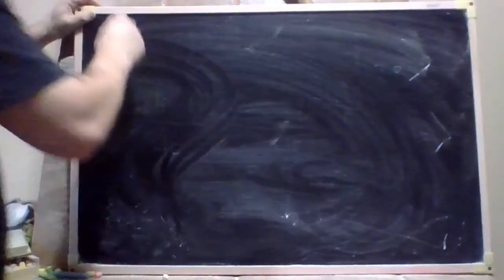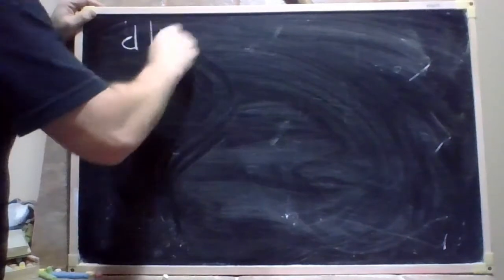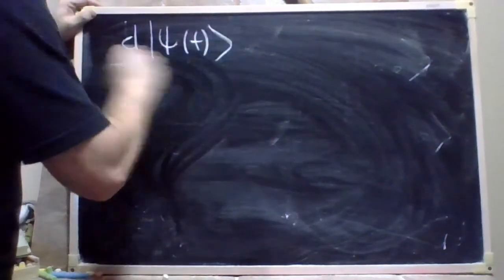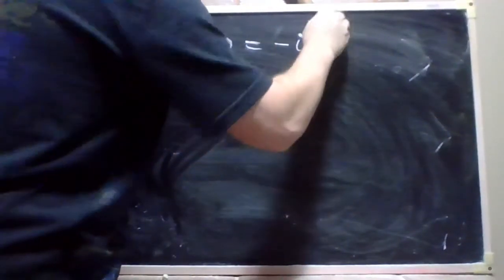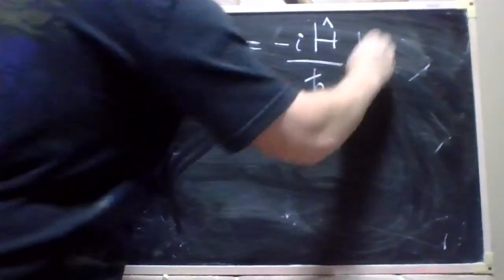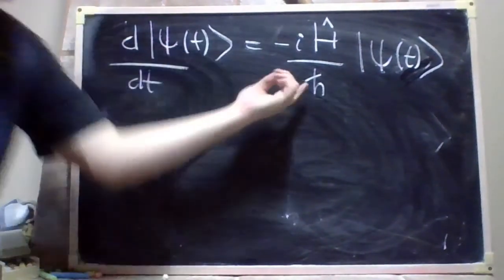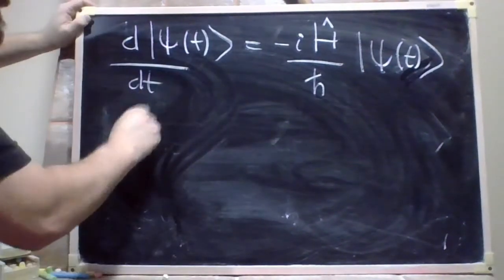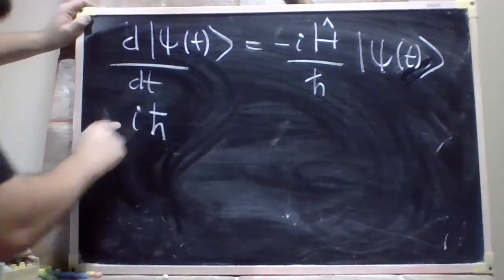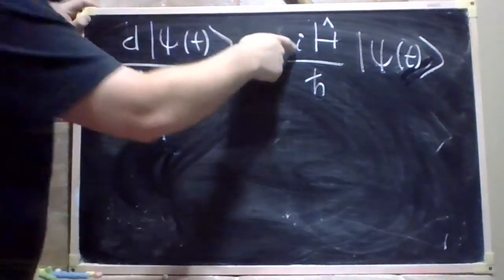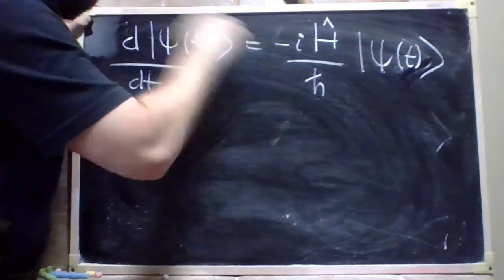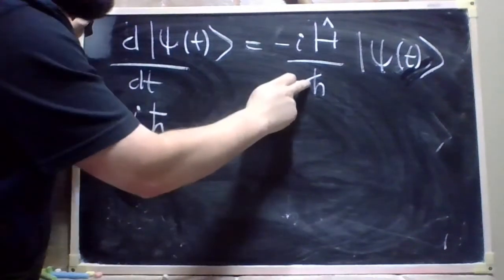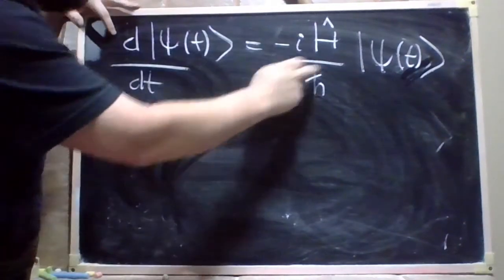That equation will be just the derivative of psi of time t with respect to time t is equal to minus i, the Hamiltonian divided by h bar, multiplying the function of time t. And now we can multiply the whole equation by the imaginary unit. So imaginary squared gives you a -1, but this minus cancels out. And if I multiply the whole equation by h bar